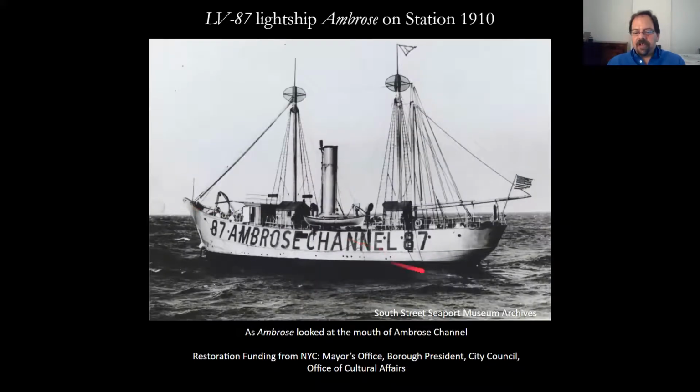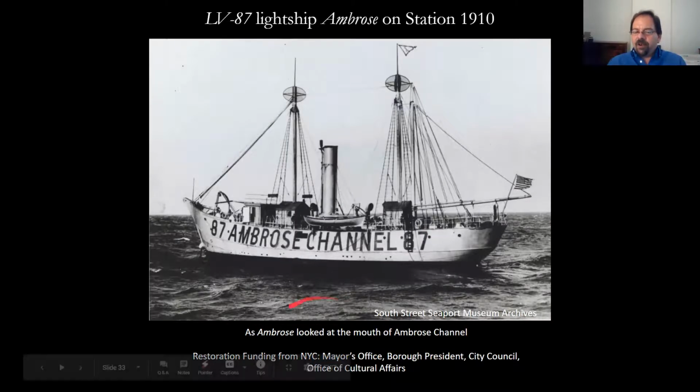And here's what she would have looked like. This is her 1910, tall stack, weird little thingies on top, tiny little house. These two big houses we'll talk about in a moment, and small scuttles going below. We're gonna have to modify that a little bit for visitors, but we do wanna keep this appearance and that